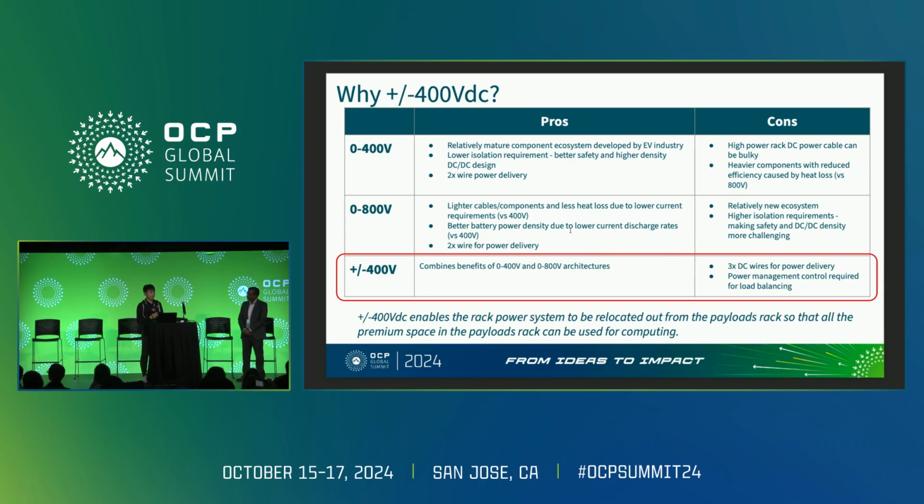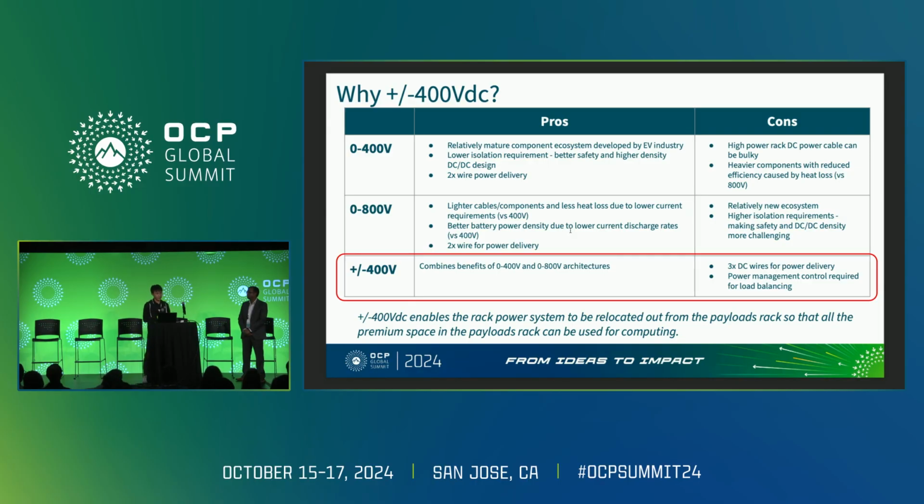And same story for the 400 volts, right? It's pretty mature thanks to the EV industry. We have all those components, like the semiconductors, the capacitors, all the passives, right? They're optimized for these types of systems already, right? And from the other perspective, we think 400 volts may not be sufficient for the AI and ML applications